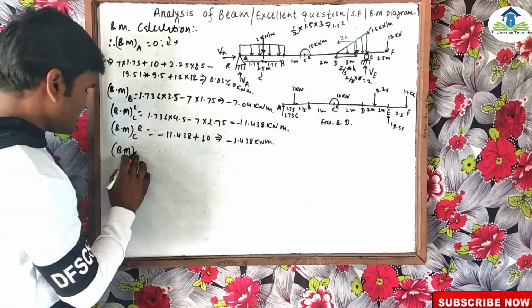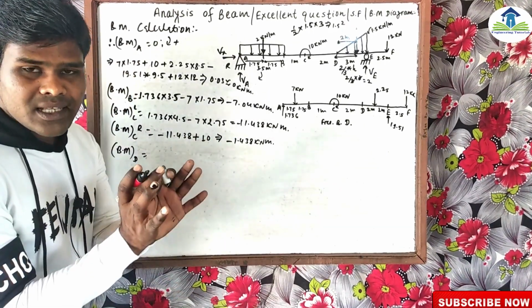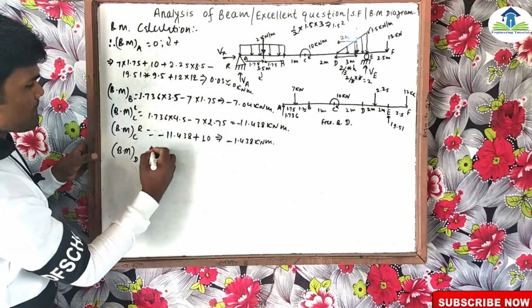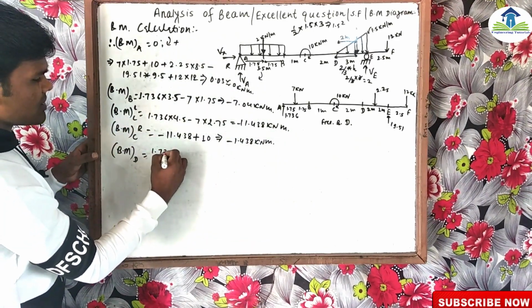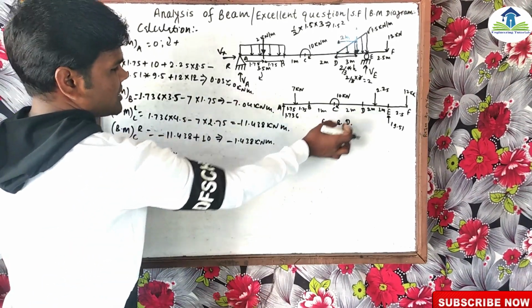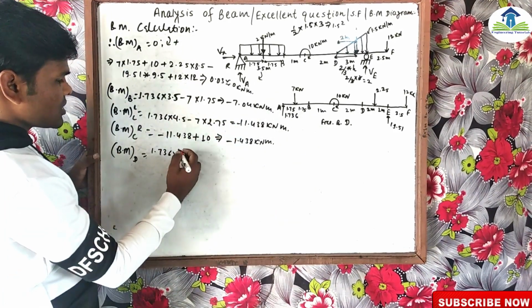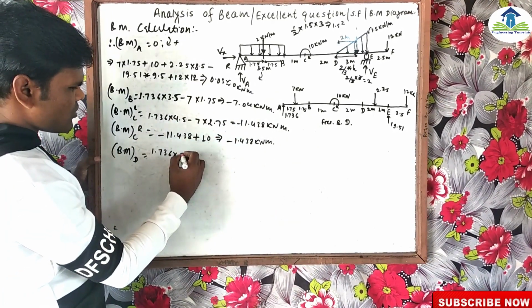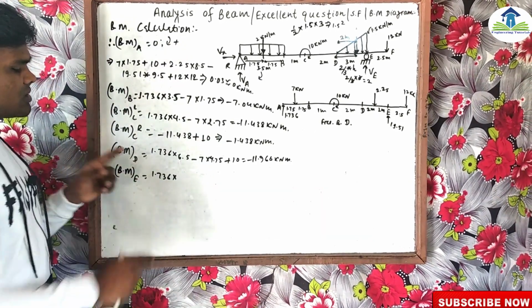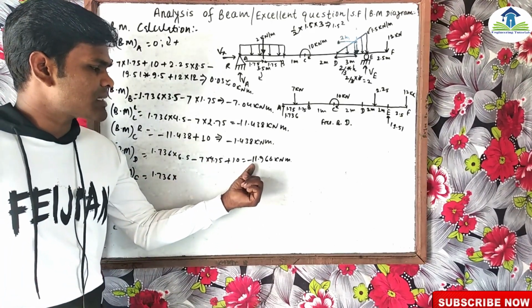Bending moment at point D, sorry, so only the distance is going to be increased, not any other change. So 1.376, this will be the distance, 4.5 will be up. Now 2 meters is going to be at 4.5, 2.75, that's only going to be changed. So the total bending moment at point D is equal to 1.736 into 4.75 plus 10. This will be minus 11.966.